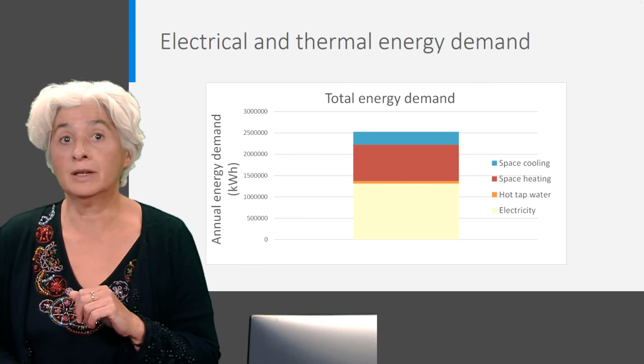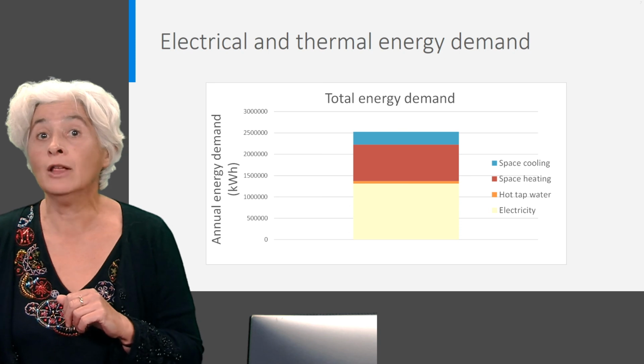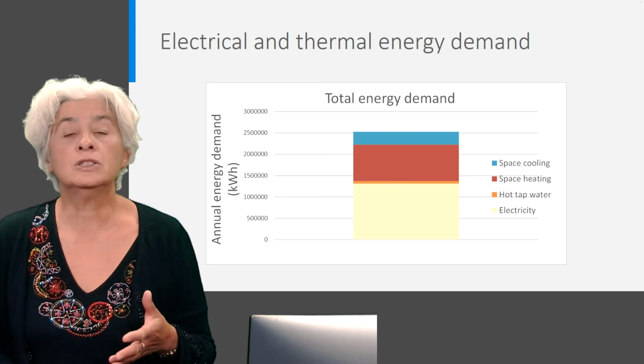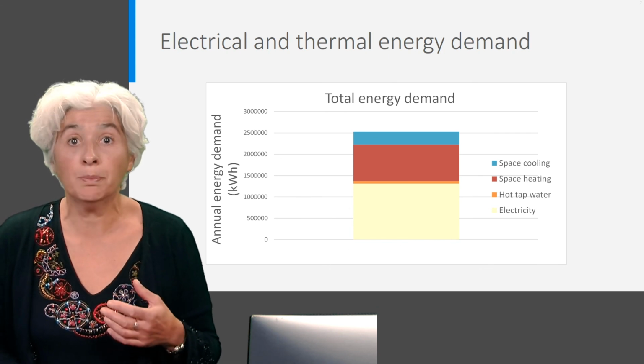Additionally, don't forget that this does not say something about your annual energy costs or about the primary energy use. For this, you will need to choose the energy supply, that is the